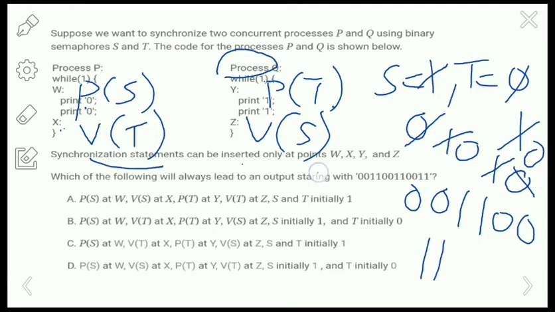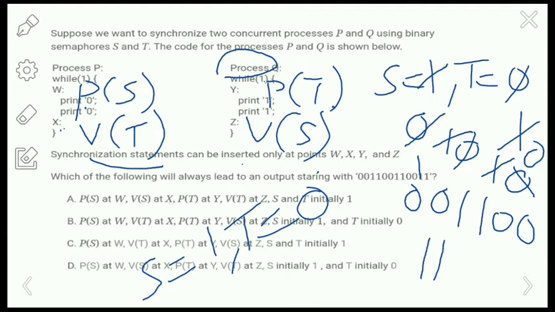Then V of S performs the up operation on s, which is 0, so it becomes 1. Now the values are s equals 1 and t equals 0, so this process will repeat. Again process P will execute.